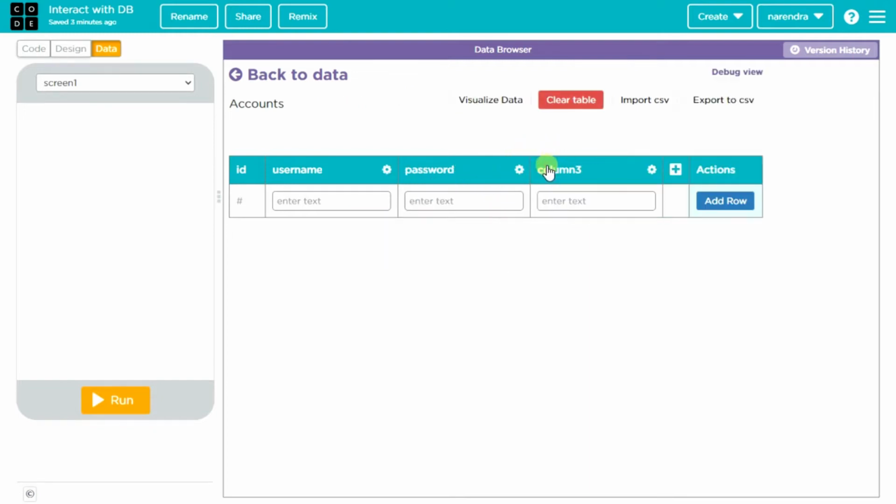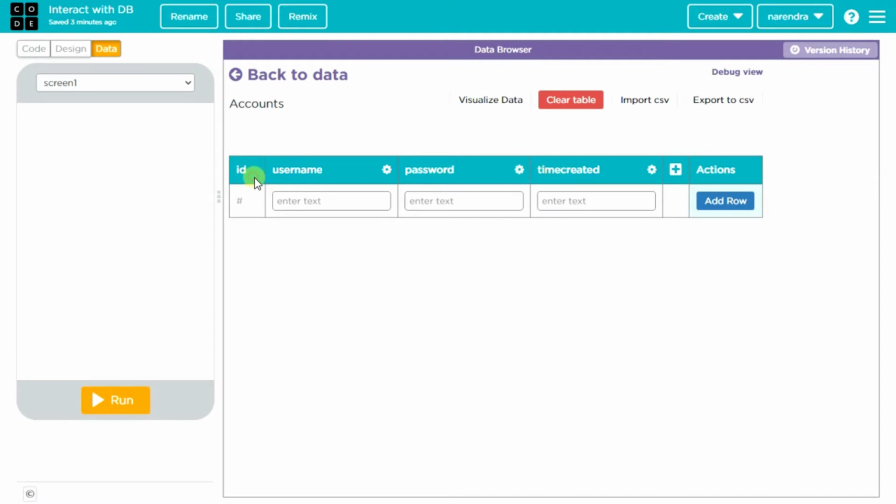Let's create one more column, and this column will keep track of the time the account is created, when the user signs up. Let's say time created. So I created a table called accounts table. I have 4 columns: ID column, username, password, time created.